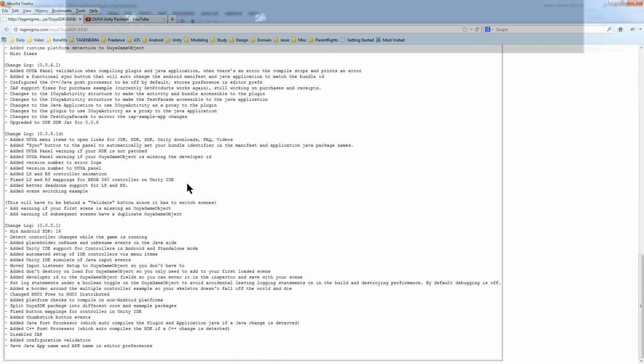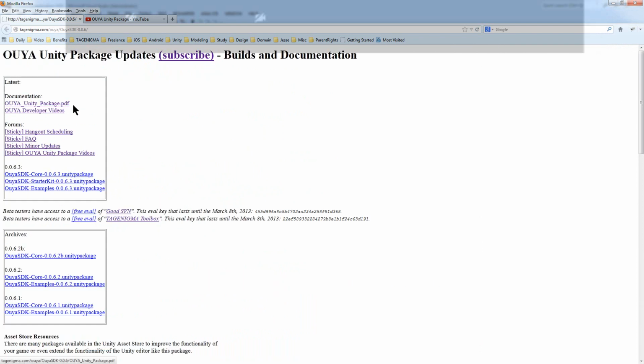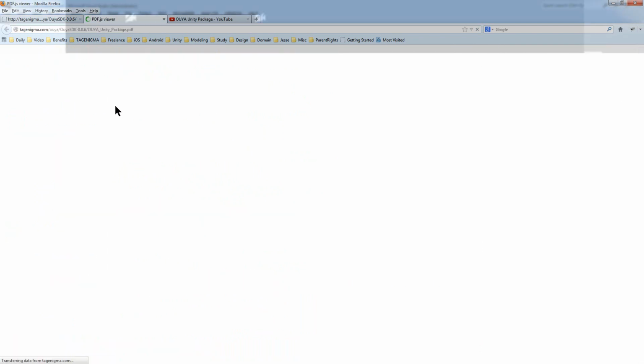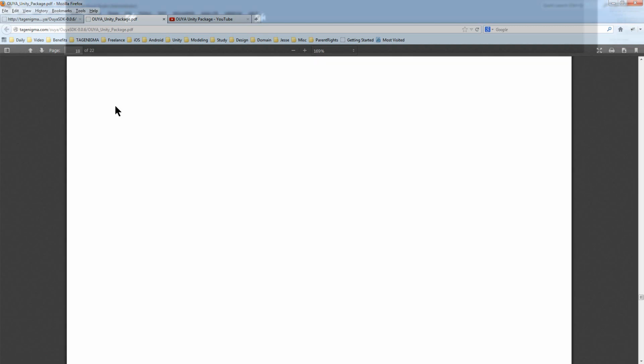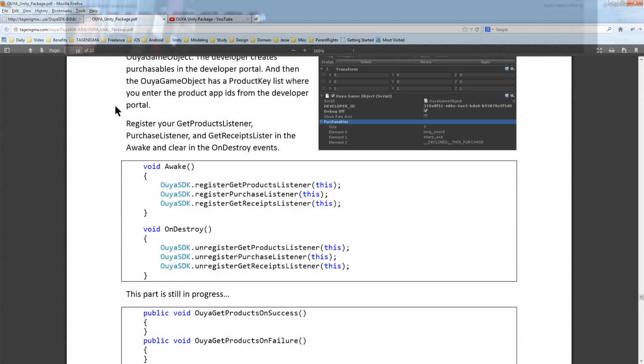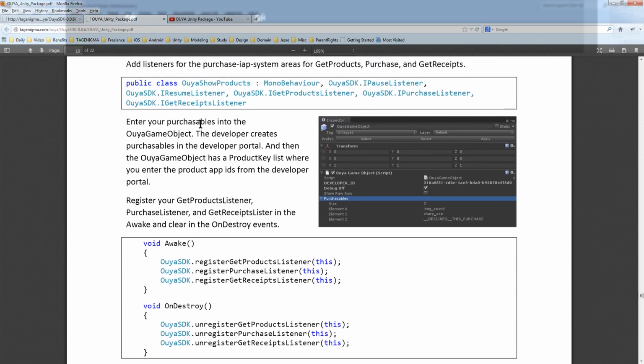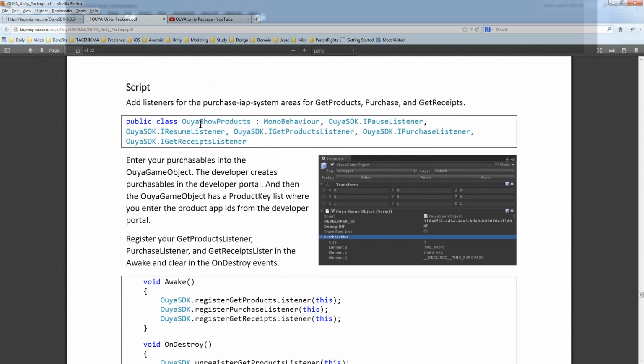So this is so that I can get to the PDF. So here's the updated documentation. And it opens right to where I was thinking about going. Amazing. Okay, so